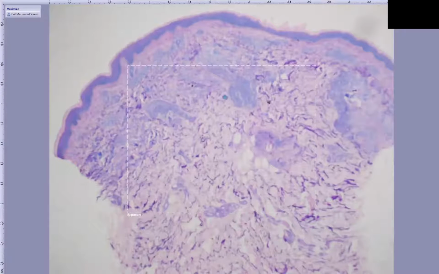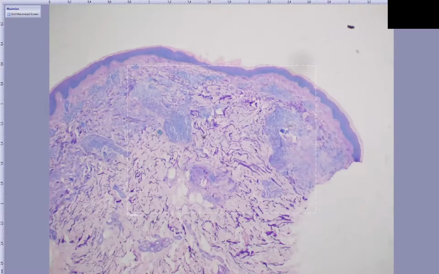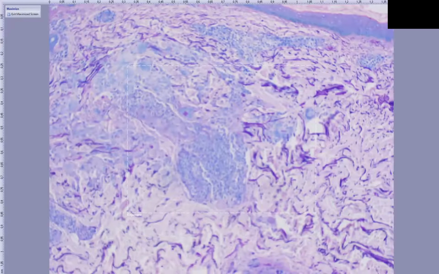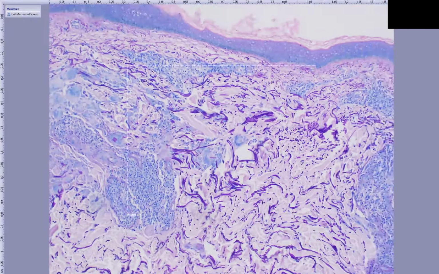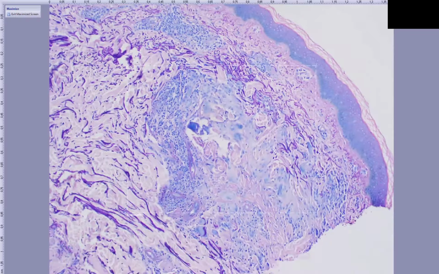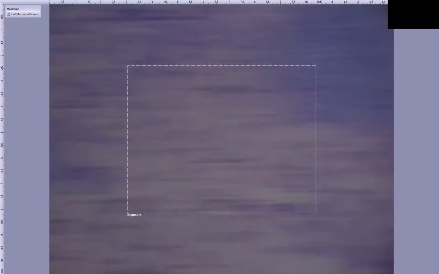So this is actinic granuloma of O'Brien, and let's look at the elastic tissue stain. A common elastic tissue stain we use is one called Verhoeff-van Gieson. And you can see here on the Verhoeff-van Gieson stain, the elastic tissue fibers are purple in color. But in the zones where you have the granulomatous infiltrate, there's a paucity of